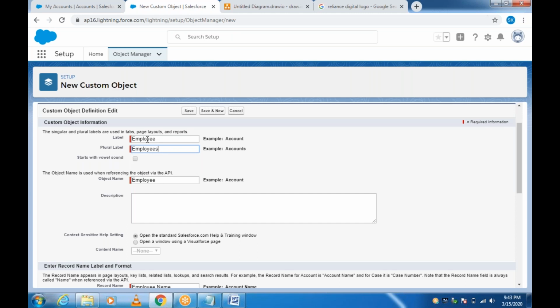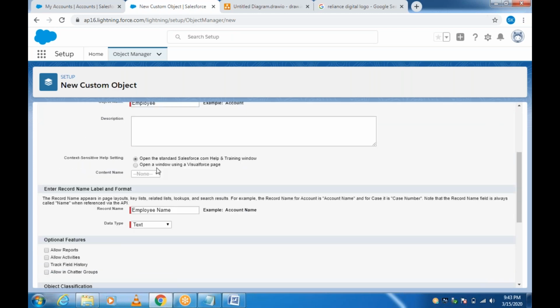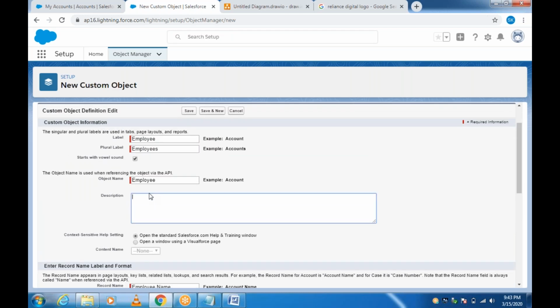Okay, how I am giving employees means label, plural label. If you have given account, plural label, you should add S, means plural. Now E is a vowel, right? In English we have vowels, so E is a vowel. Okay, then if you want to write any description, you can write this object name, system will take